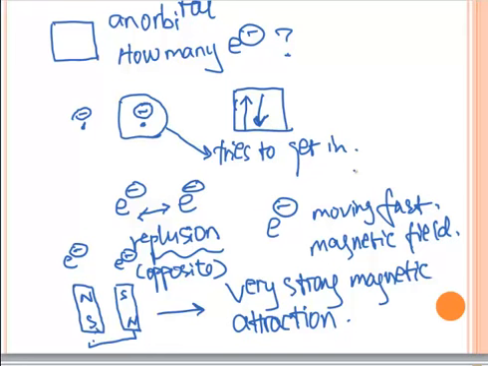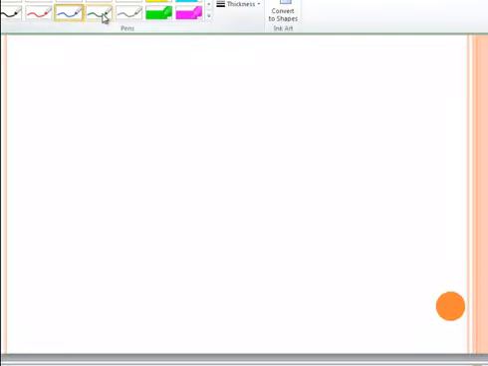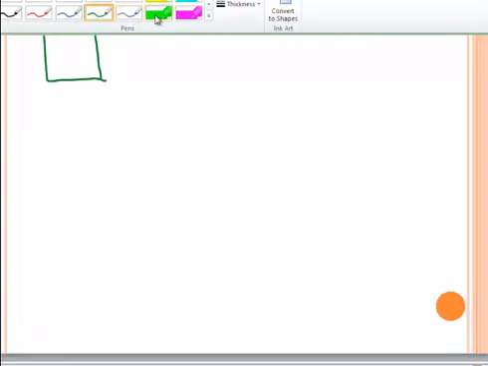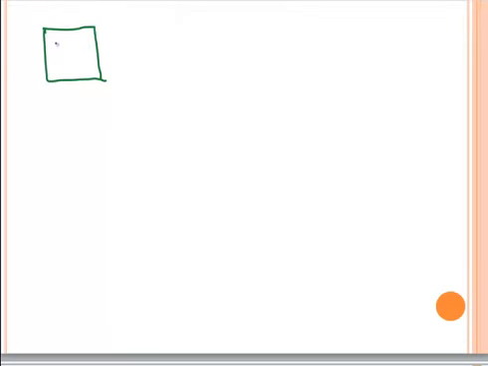But as the arrow indicated, it has to be spinning in the opposite direction. So let's say we have an orbital now, and we can put 2 electrons on it with opposite spin directions, using the magnetic attraction forces to overcome